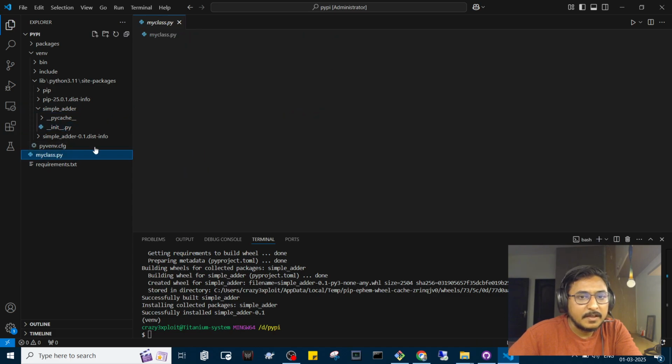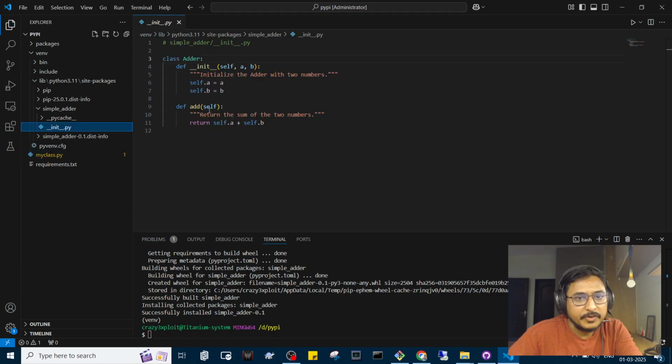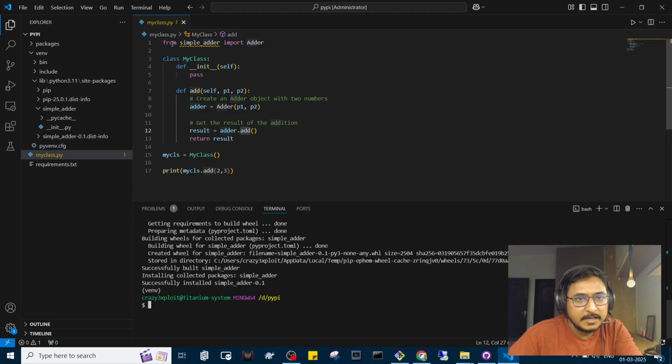Okay, and we are initializing the header class, then calling the add method. When we initialize, we are passing the arguments, and when we call the add method, inside that it accesses the values and adds them. So if I want to execute this my class file, all I need to do is